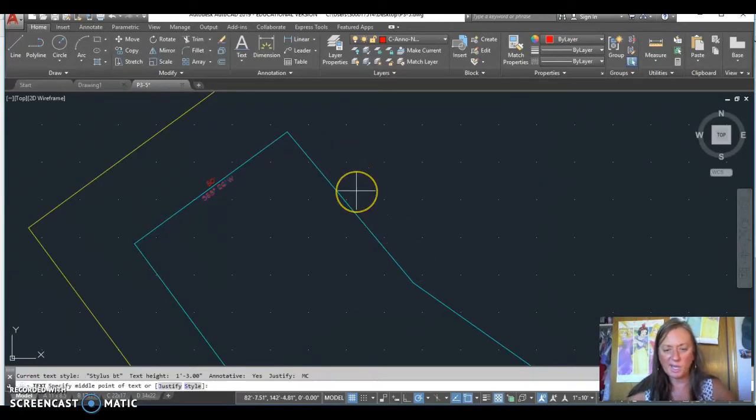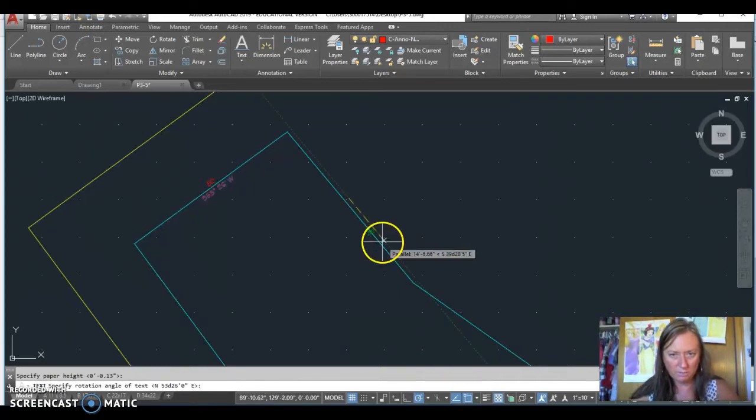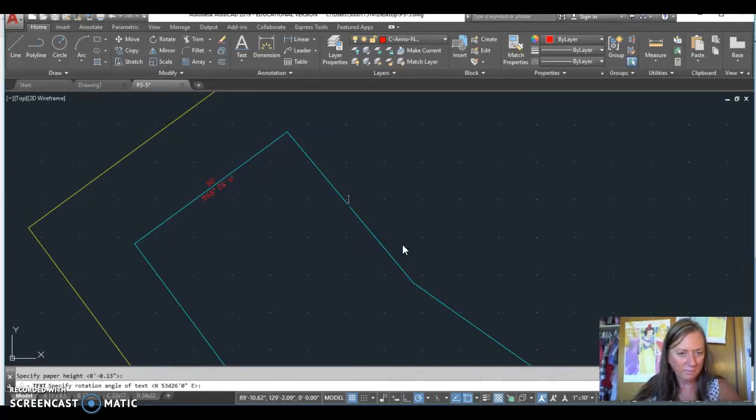And again, I'm going to say J for justify. I want it to be middle center. And the middle point is going to be about right here on this line. And I want it to be parallel to this line. So I pick that point. And we're going to change our direction. Okay, so we've got the direction, and now we're going to tell it it's